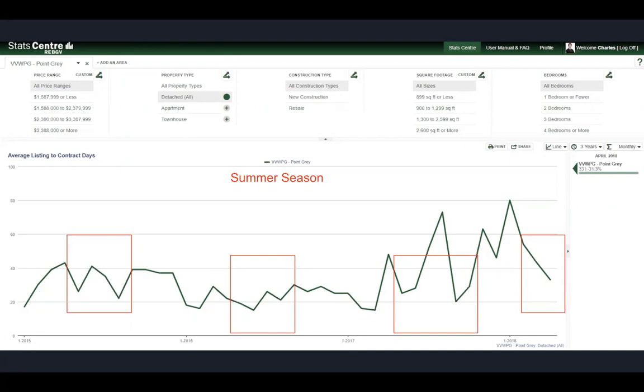In this picture, if you look at the left, you'll see the average listing contract days, which means the lower the better. The lower the days, the more quickly it sells. If you look at the window, all the summer times are normally lower. Spring market, summer market, you have lower days. So those are the